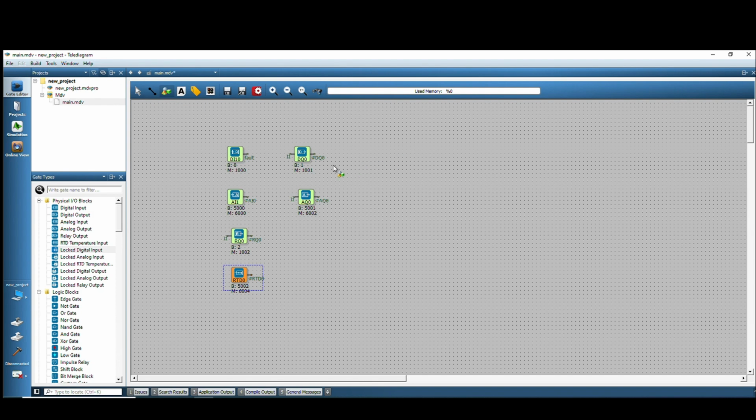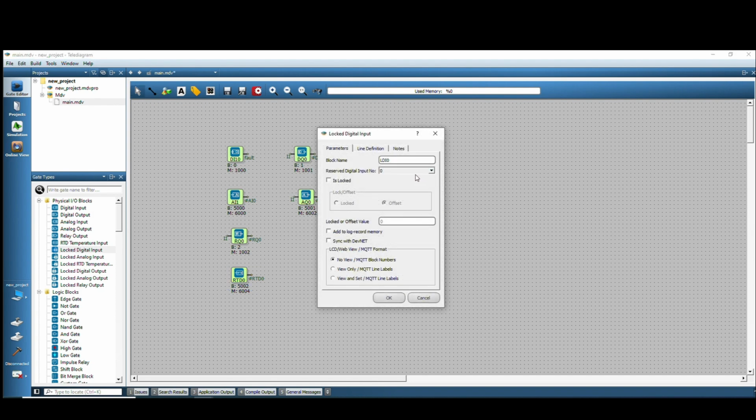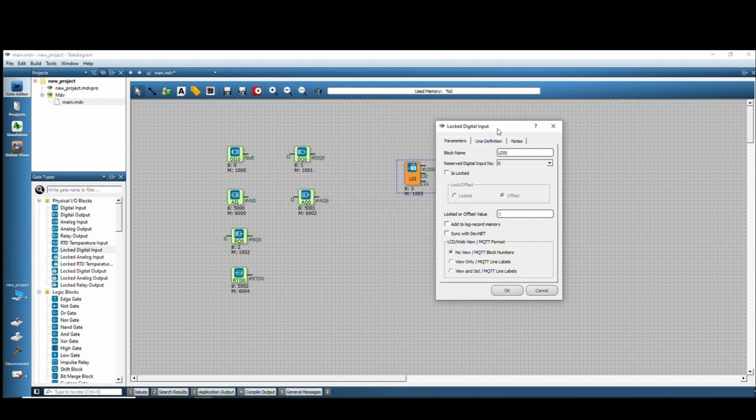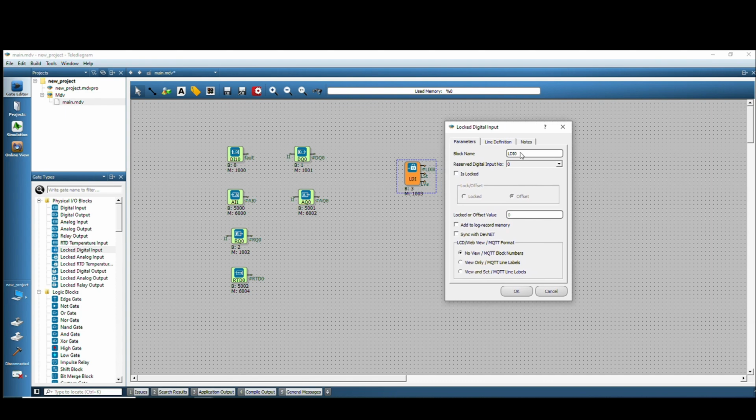Our locked blocks are used to handle a fault and maintenance in a field. For example, during maintenance, you may want to keep a digital input information as a constant. In such cases, you can lock the relevant input number and set the lock value from here. Thus, if you want to send a constant value, you can lock it, and after the fault is repaired, you can ensure that the original